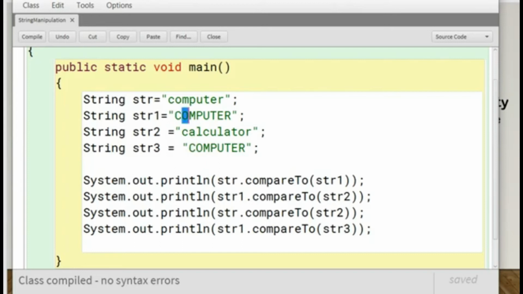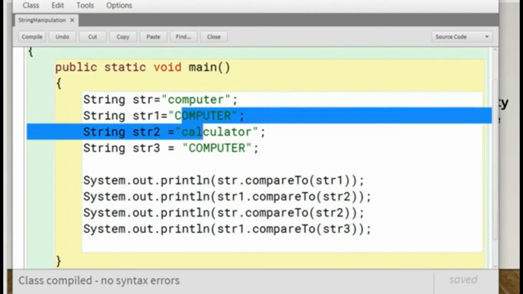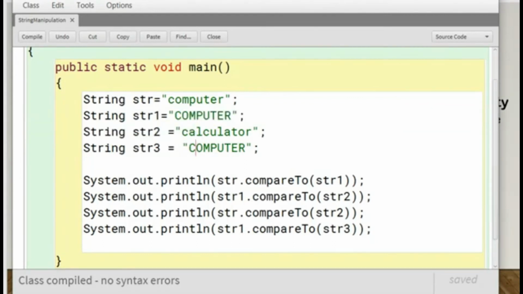Again the ASCII code of capital O matches with the ASCII code of capital O in str3. The ASCII code of capital M is then compared with the ASCII code of capital M in str3, and it also matches. So in this way it then checks the ASCII code of P with P and U with U. It checks in a lexicographical manner, and this function results in the integer value equal to 0.